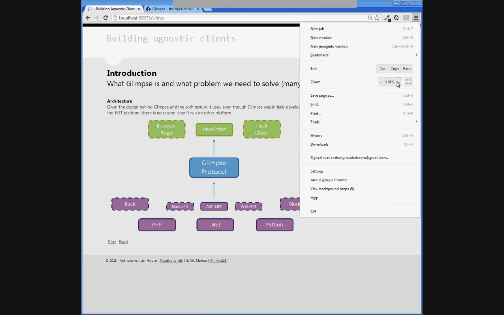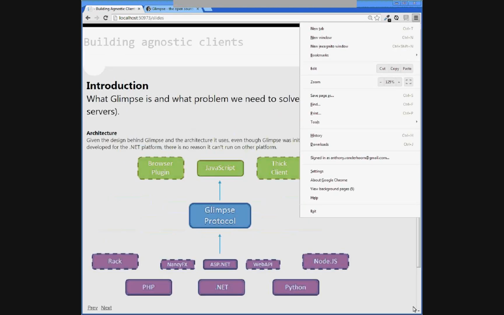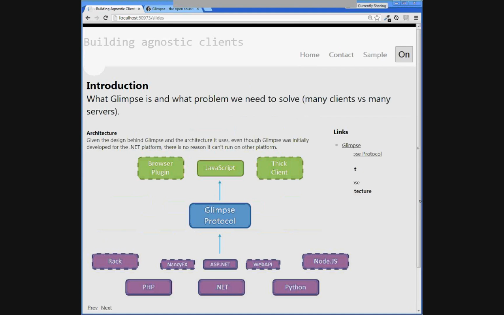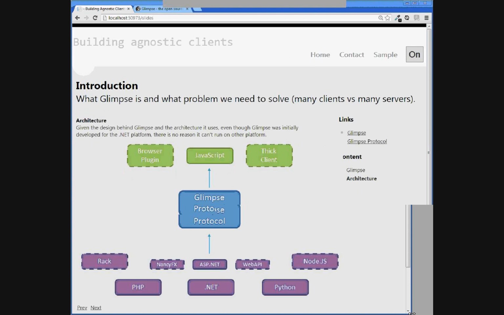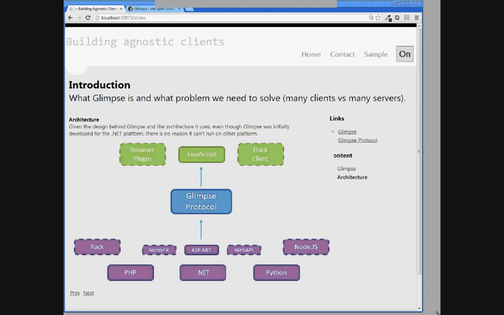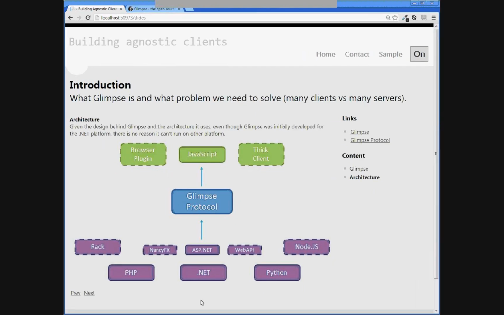Now, in terms of architecture, you might have heard me mention before, and I might just try and bump some of this font as well to help out with some of those people who are having trouble with the font before. Okay, so as you can see here, we've got